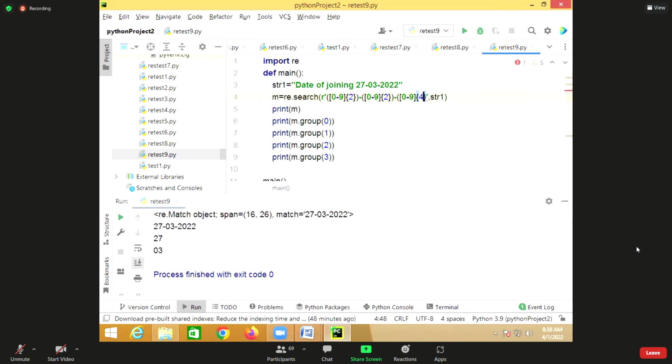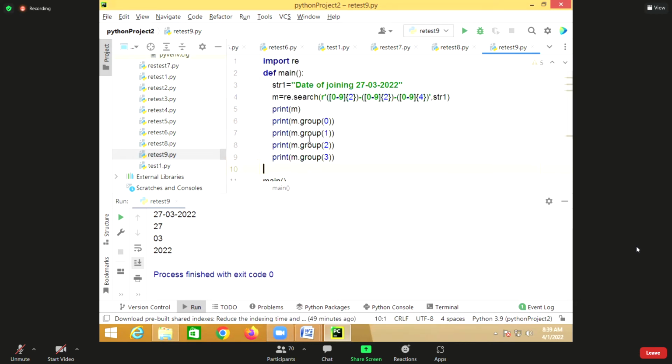So I try to extract the date, month, as well as the year individually by grouping using parentheses. The complete match is one group, called group 0, and that is further divided into a number of groups using parentheses.